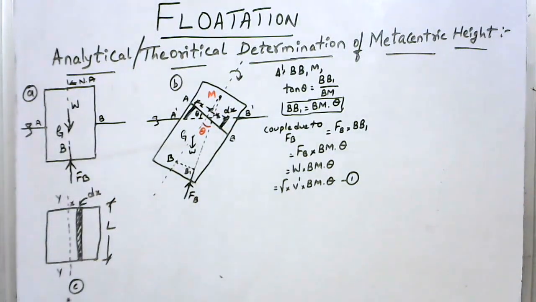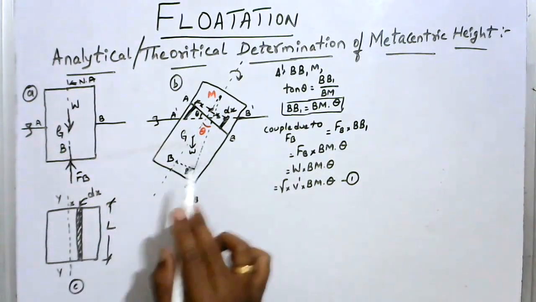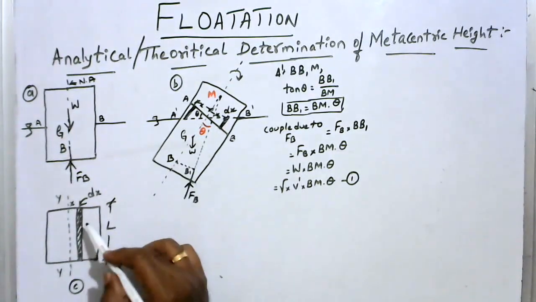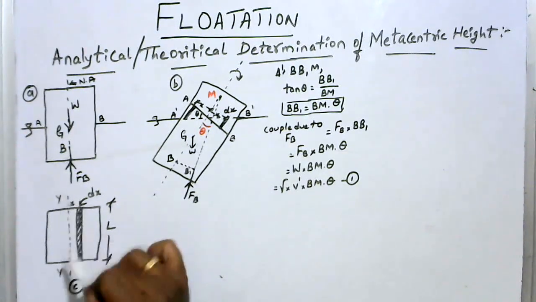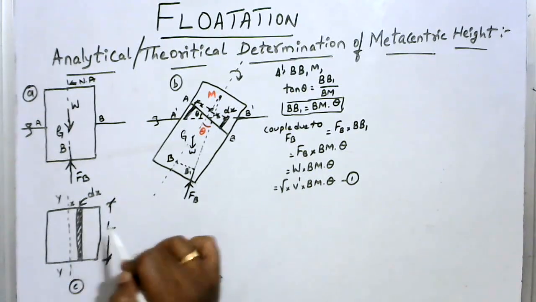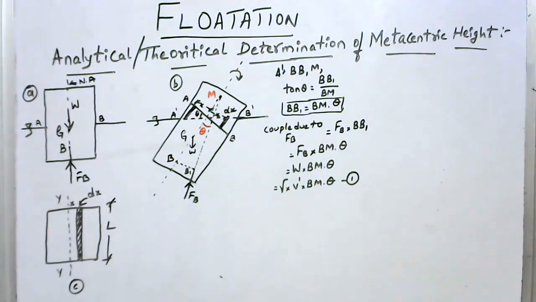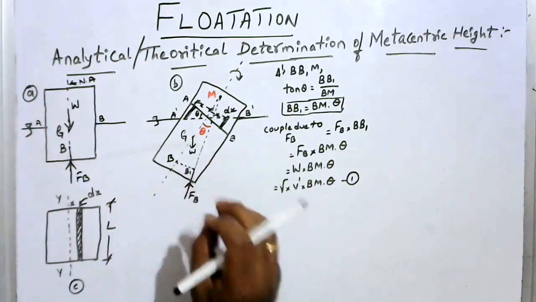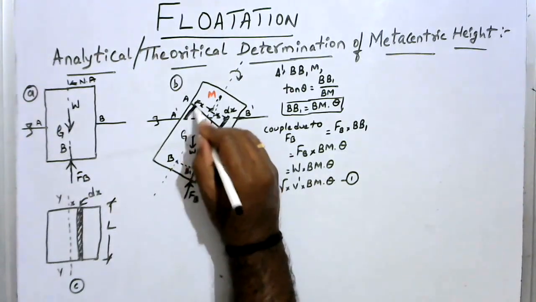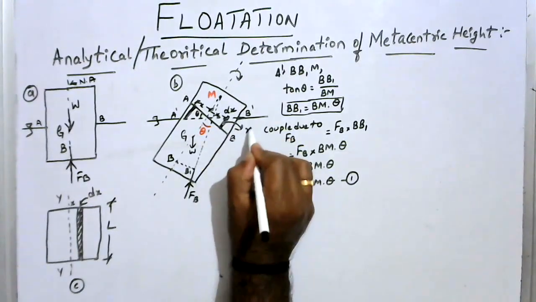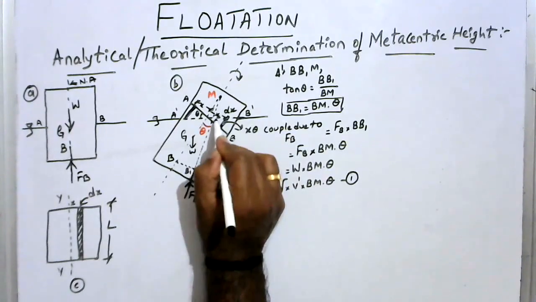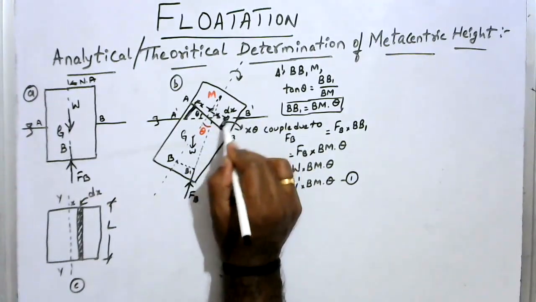So figure C represents the plan of the body at the liquid surface, where the small elemental strip I have taken is at a distance x from the longitudinal axis. The dx is the thickness of this strip, then L is the length of the strip. You understood? Now I'll consider this small strip and calculate the height. The height of the strip is nothing but x into theta, because this angle is theta, this angle is also theta, and the distance is x. Therefore, this height works out to be